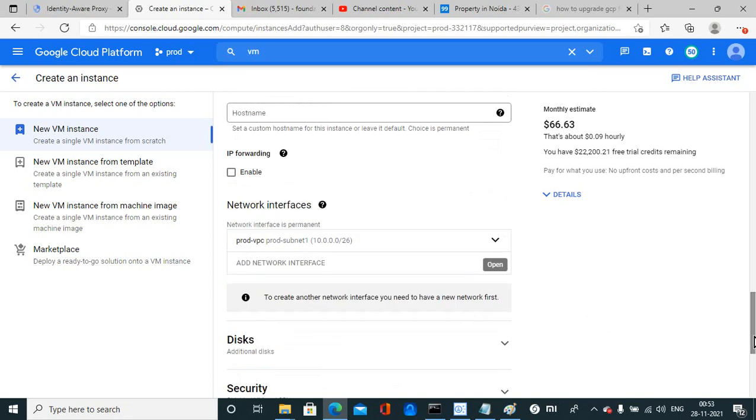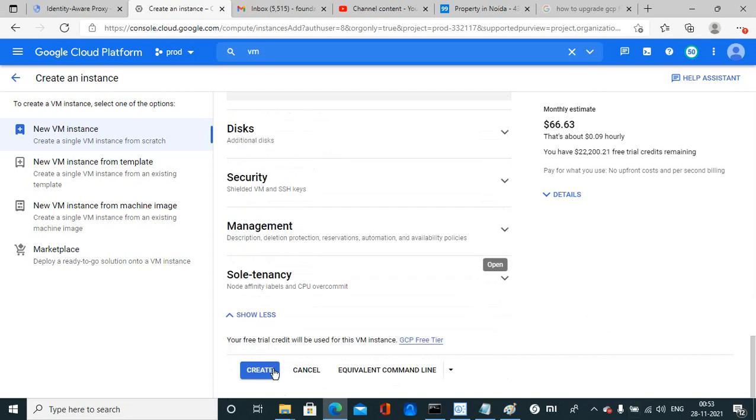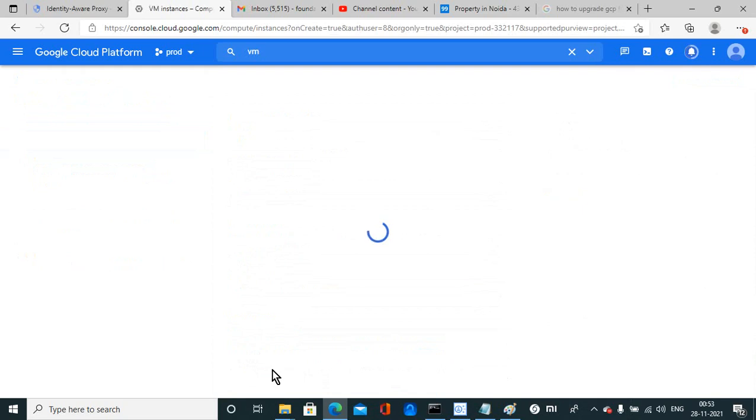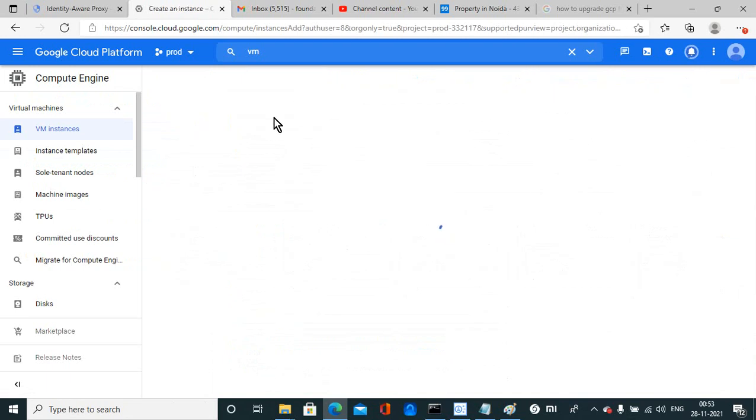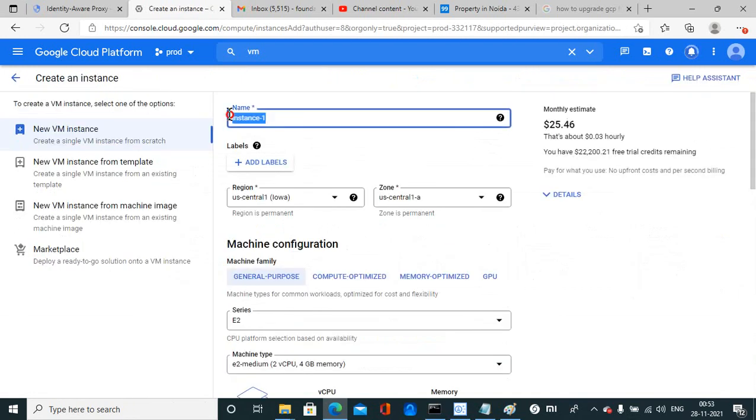After making these changes, I am just creating a machine with the default settings or minimum configurations, and also I am creating one Linux machine.